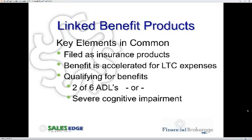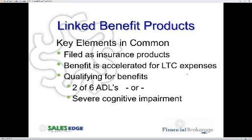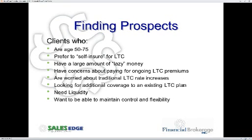Yeah, finding the prospects. That's something you really need to focus in on, as well as finding the money. But finding the prospects, those are typically people that are age 50 to 75. Individuals that are typically going to be good prospects for long-term care type of coverage. They prefer to self-insure for long-term care, or have large amounts of lazy money, typically your sideline money, people that have lots of money in CDs or savings accounts, things like that. They also have concerns about paying the ongoing long-term care insurance premiums due to the rate increases that a lot of times do happen, or are looking for additional coverage to an existing long-term care insurance plan, as well as needing